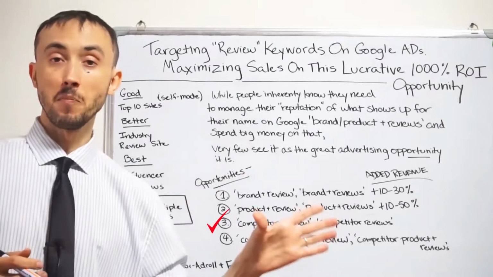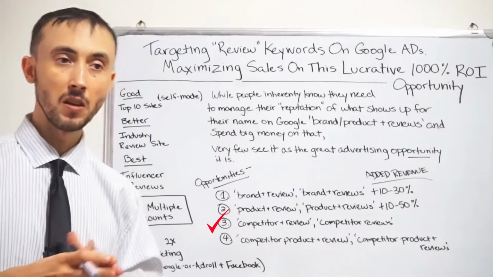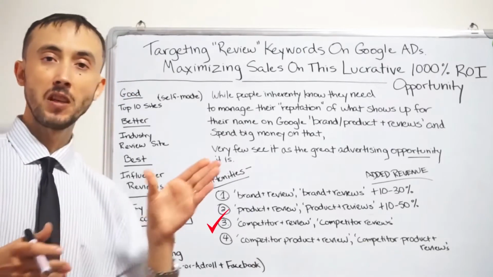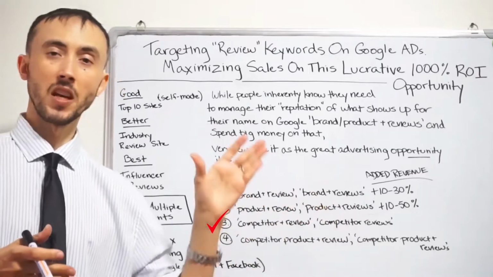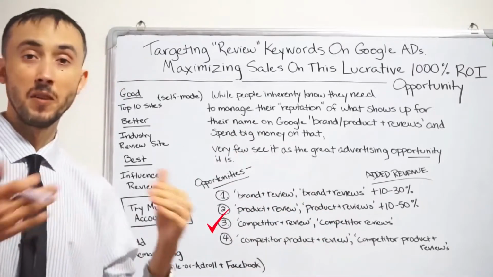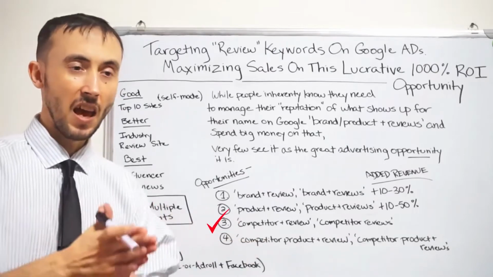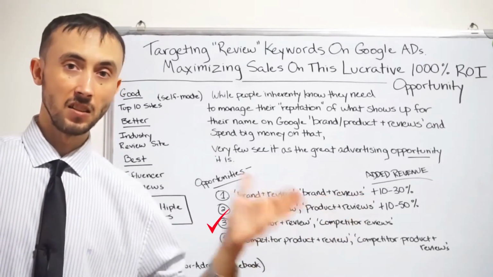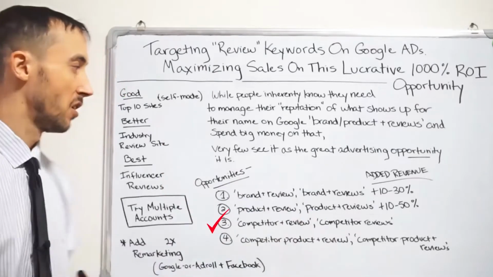It may not even be a better review, but a better laid out, easier to access review. It obviously helps if your product or service is actually better, this will work even better for you. But even if it's similar, just the fact that you're allowing somebody to go to something that has a long form review, which they can't necessarily find with a competitor, you would be surprised how much that works.